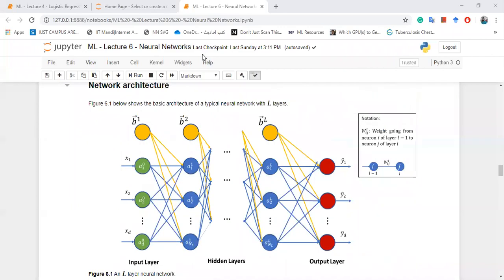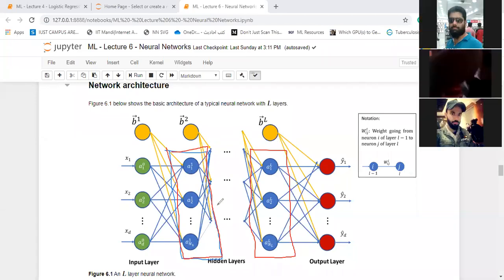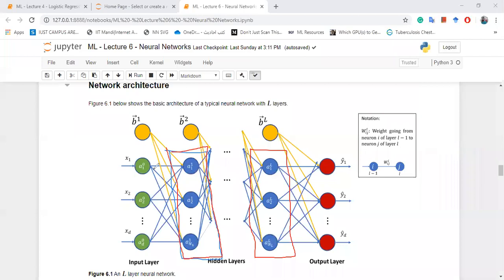So in this case, this set of neurons, let me change the color here, this set of neurons here will form one layer. Similarly, this set of vertical cascading of neurons will form another layer. Look closely, there is no connection between the neurons in a particular layer. We just stack them up vertically. This is one neuron, another neuron, another neuron. Similarly, this forms one layer, there will be one other layer, and another layer, so on and so forth. So these are the different layers which we have. Each of these layers here are called the hidden layers.